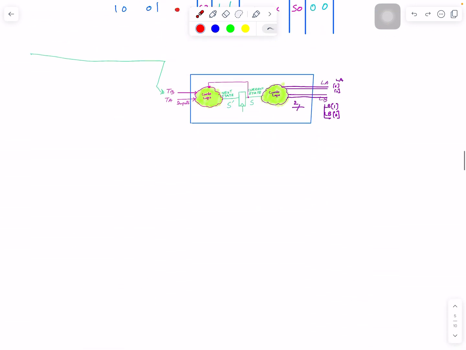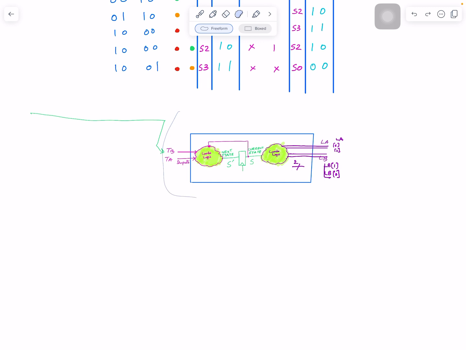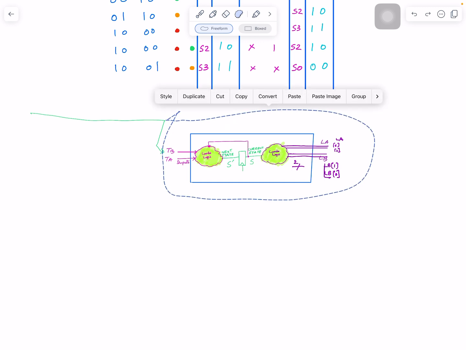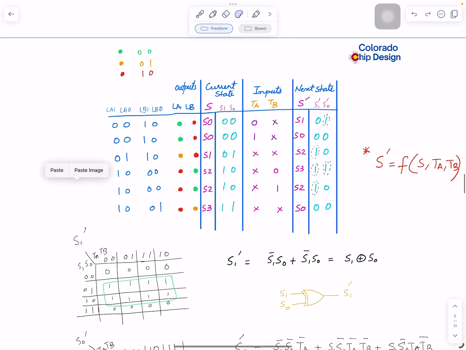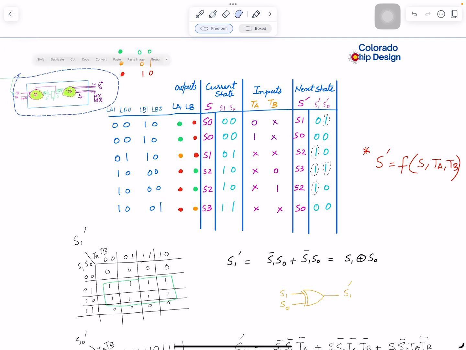Let's bring this guy over here. Where should I put this one? Can I put this over there? Yeah, just for reference. Sorry, it's a little bit smaller. So the very first thing is over here, S prime, and S prime has S1 prime and S0 prime. So let's do S1 prime, and if you create this S1 prime,